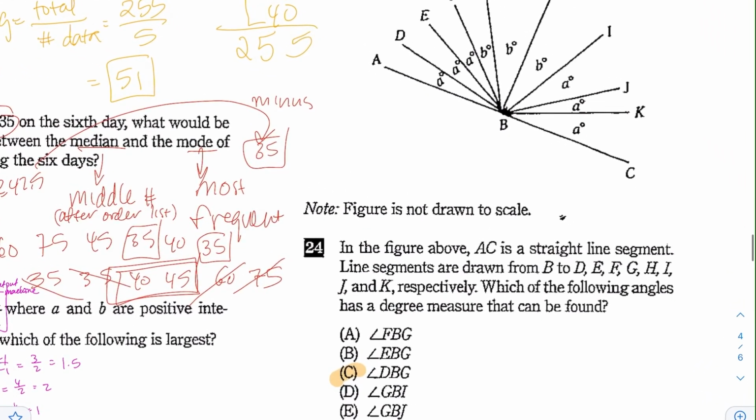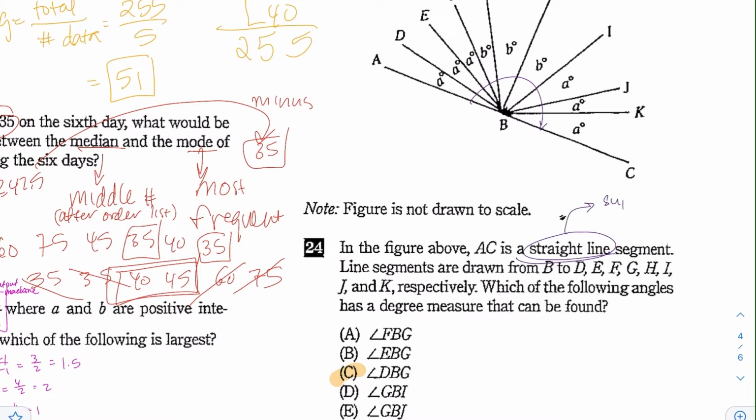Next, for number 24, this figure is not drawn to scale. In the figure above, AC is a straight line segment, and line segments are drawn from B to D, E, F, G, H, I, J, and K respectively. Which of the following angles has a degree measure that can be found? So here you want to figure out what the angle is, and you know that AC is a straight line, and a straight line